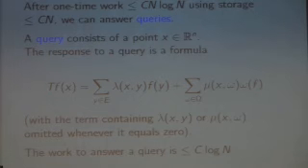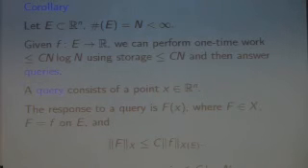And as an immediate corollary, we can extend functions because we know how to compute the extension operator efficiently, so we can just apply it to our function. And so suppose we're given a set E, as usual, capital N points, and we're given a function, and we would like to extend it with essentially the optimal Sobolev norm. Well, we can perform one-time work, big O of n log n, in storage big O of n, and then answer queries. In this case, a query consists of a point x, and the response to a query is, let's say, F of x, or if you're more demanding, F of x and its derivatives of order up to m minus 1, because they exist pointwise.